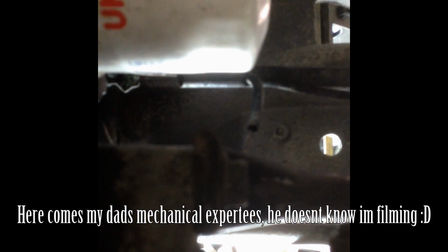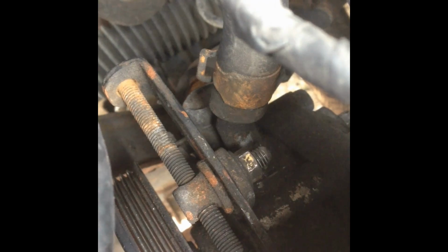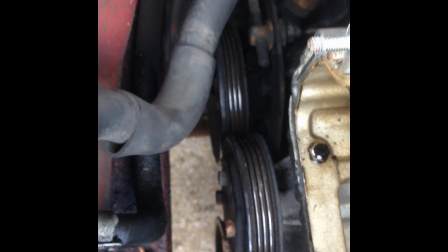It's still not loosening off, but if I go underneath and look from under here, you can see here it's not slack at all. That there's a 14mm bolt. I've now managed to get both belts off. It was a combination of the 12mm on the end of the tensioner there, and that 12mm there, and there's a little bolt just down there, 14mm, just allowed it to pivot just enough so I could get the belt off. So now I'm going to attack the water pump, which is, I hope, just a bolt there and a